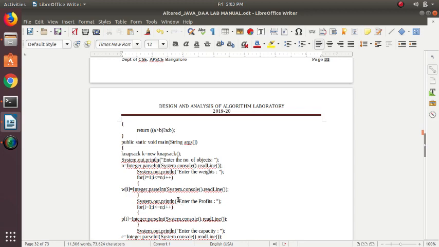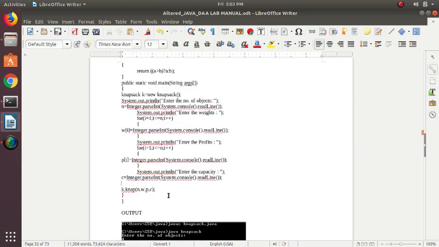Then I need to ask for the profits for those particular objects, and then the capacity. What is the capacity, the most you can store in that knapsack, right?